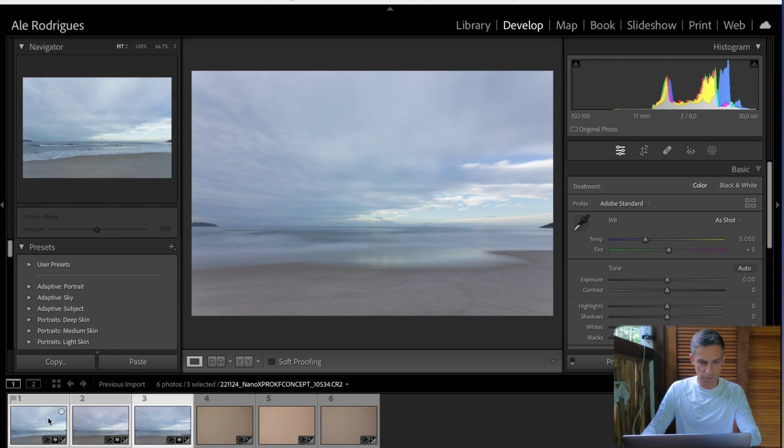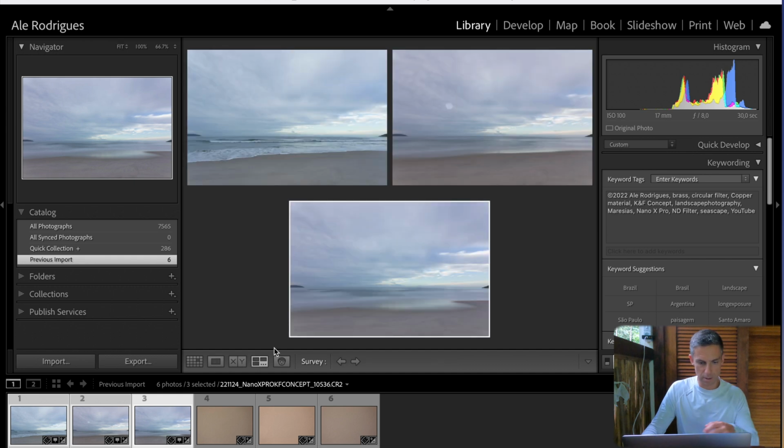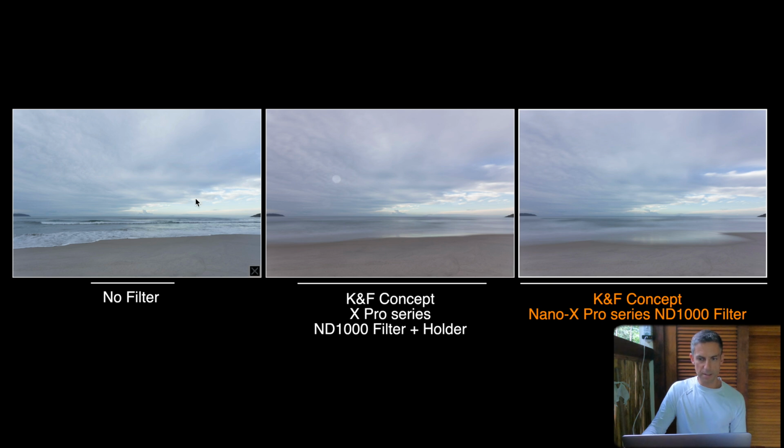So let's put all these photos together. I'll go to library mode. And let's see, like this. So another thing that I can see is this Nano-X Pro filter has less color cast than the Square Filter Pro system. So if you see here in the clouds, there's a little magenta cast here and also on the sand. But the first one without filter and the last one with the Nano-X Pro, they are quite similar in terms of